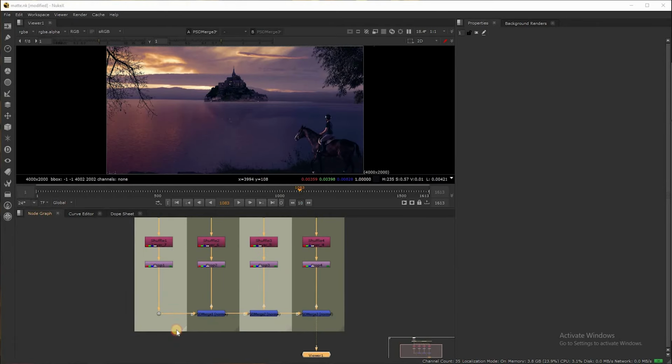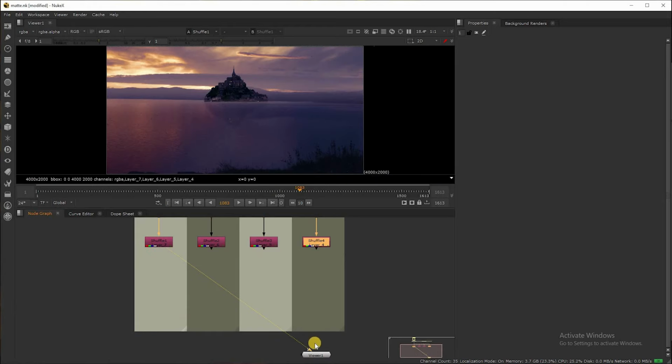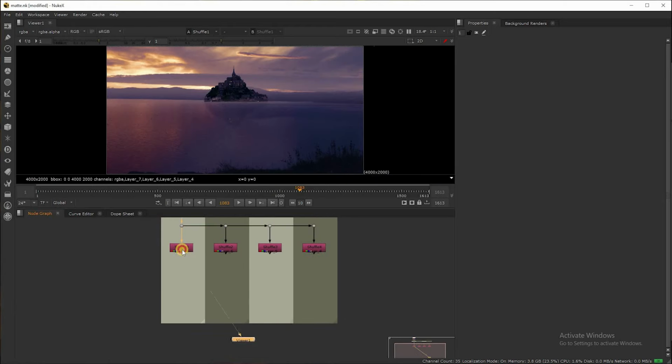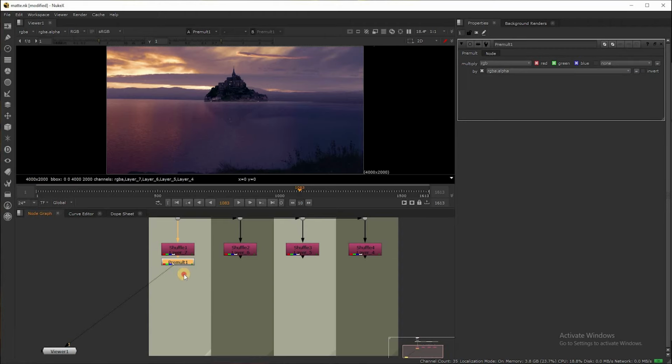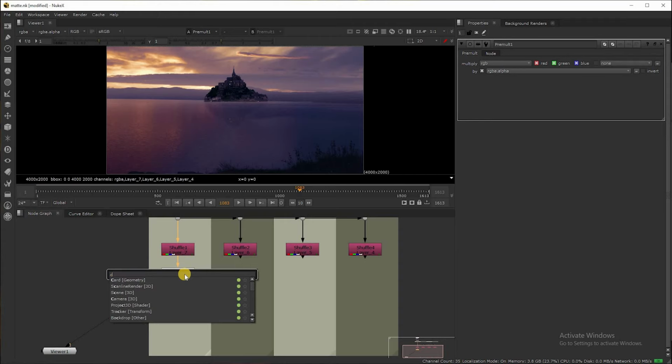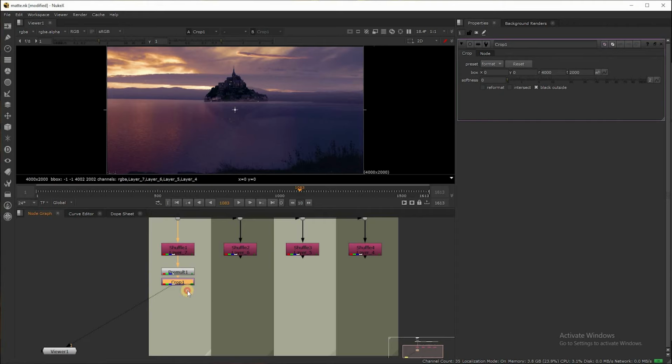Next delete all these crop nodes and Photoshop merge nodes. Now I am going to take the Premult node and crop node. Select 2 nodes. Next I will copy and paste these on every single layer that we have here.